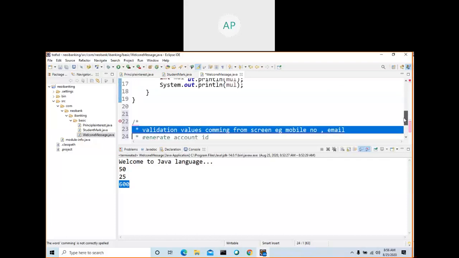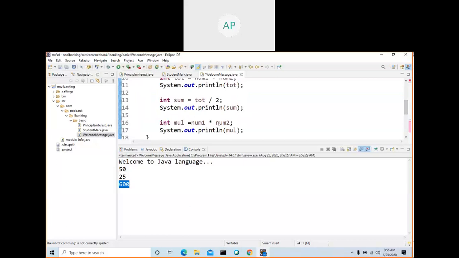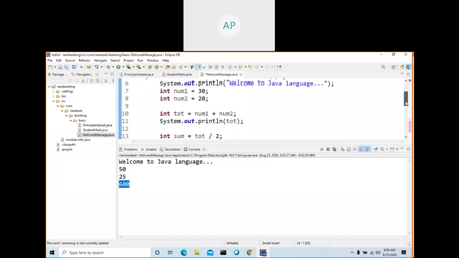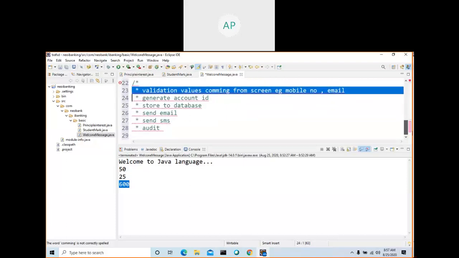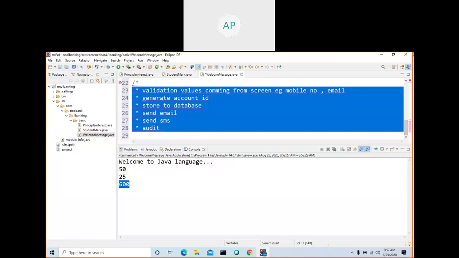So have some high level idea, even if it is confusing, leave it as of now. Just we are going to think how we can move this logic to different method and also do the functionality whatever we needed. Here we wrote all the four functionality. Same way, if you create a Facebook account, our guess is that they will do all these six functionality: one, two, three, four, five, six.